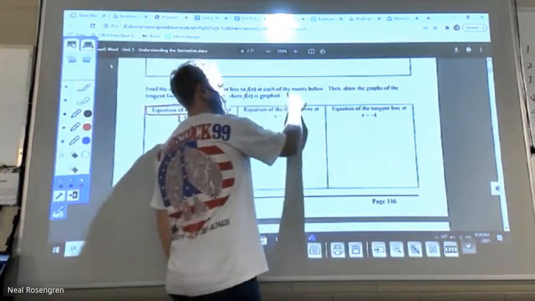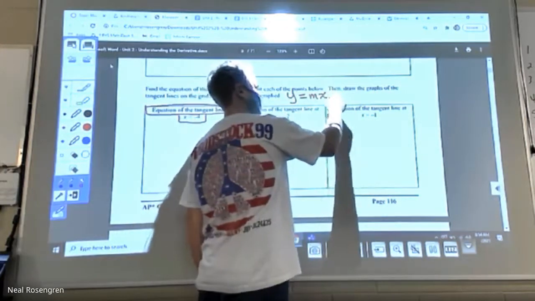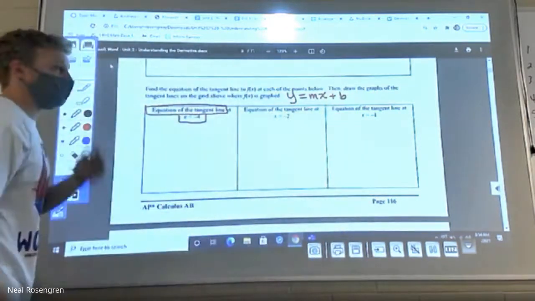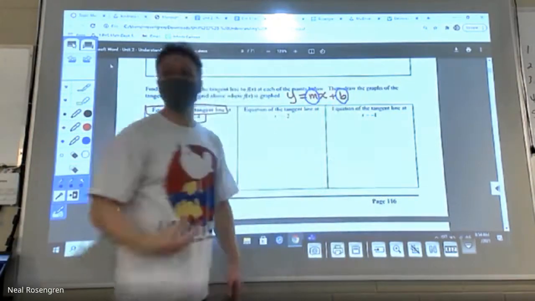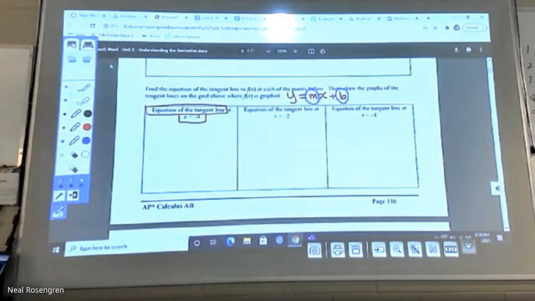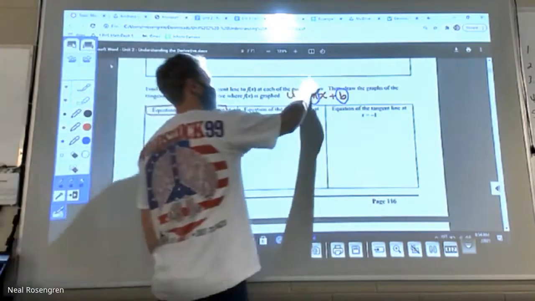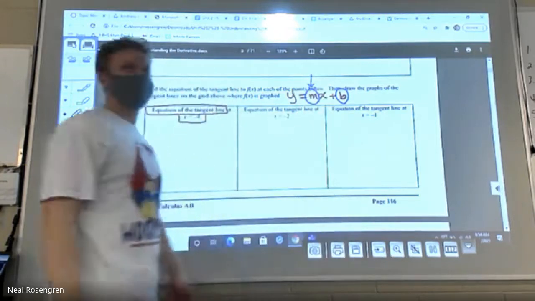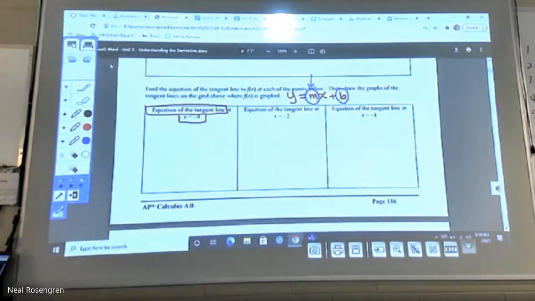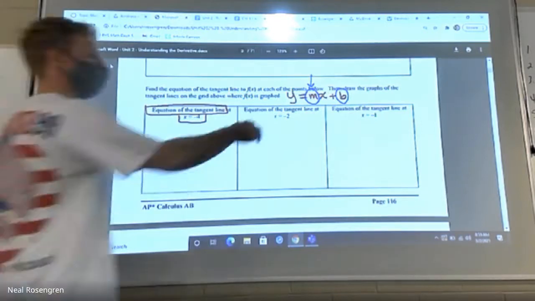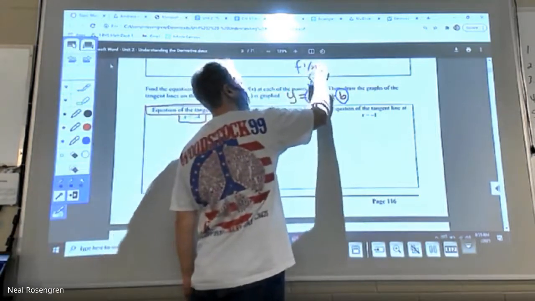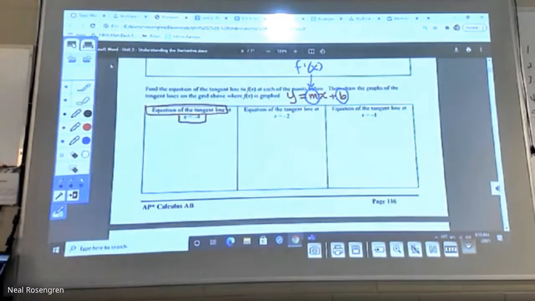There's one. Absolutely. You want to write the equation of a line, we can write it like this. And if you do that, there's a couple of things that we need. I need a slope, and I need a y-intercept. I gotta know where this thing is going to run into the x-axis. Okay, well, the slope of this line, what's that going to be? Or the derivative at that spot. This is always going to be f prime of whatever that x value is. Plug it in, and I'm good to go.